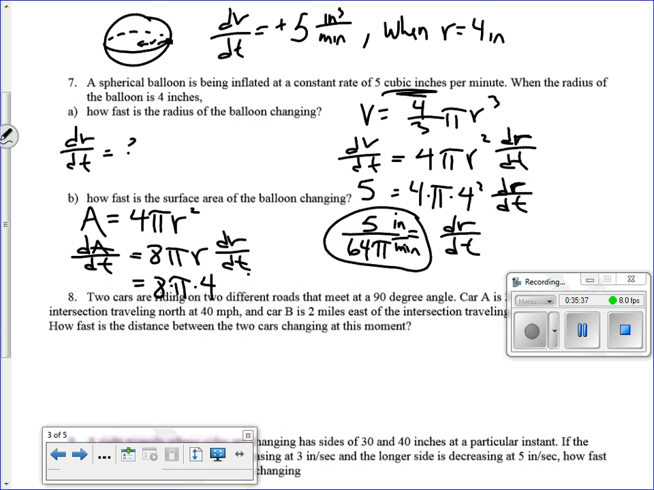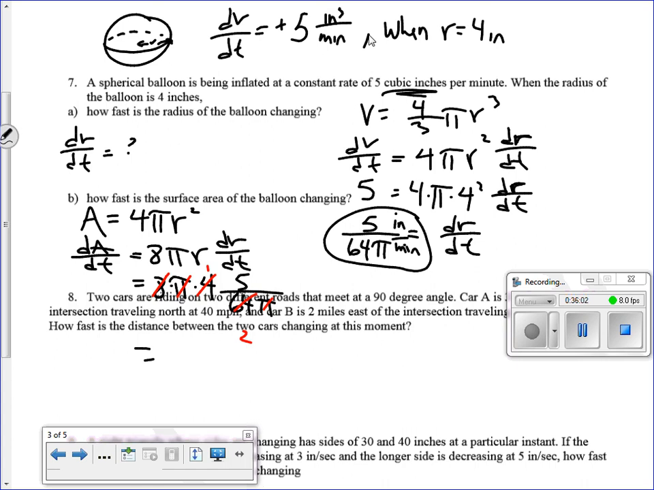dr/dt we figured out was 5 over 64 pi. And when we clean all this up for dA/dt, okay, we have 8 times 4 is 32. So, well, at least the pi's would cancel. You see that, right? 8 times 4 is 32. 32 goes into itself once, into 64 twice. So it looks like you're just left